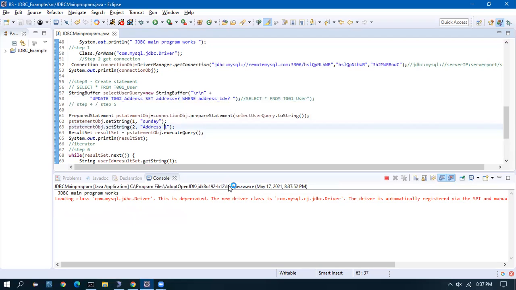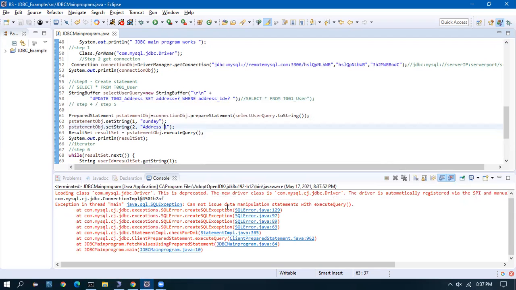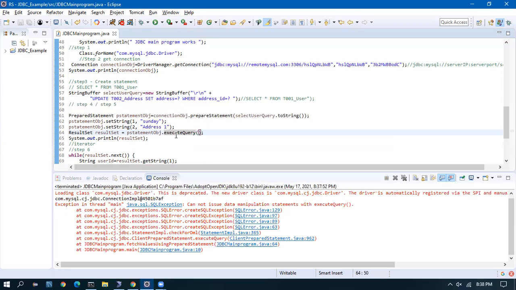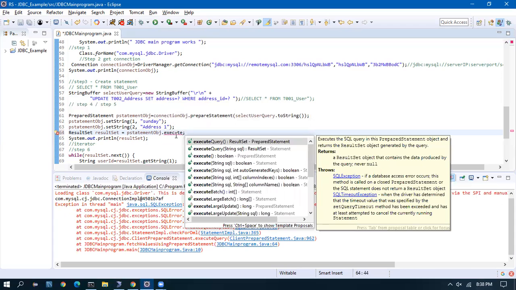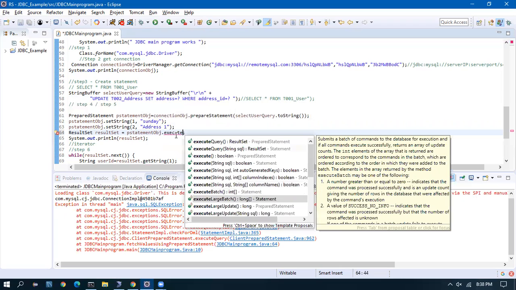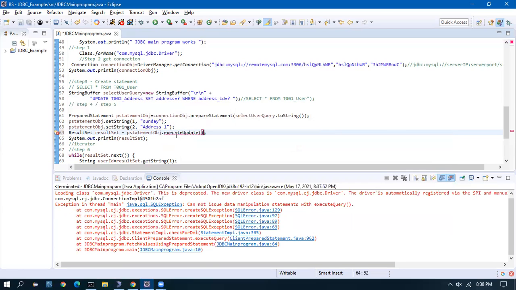It says cannot issue a data manipulation statement with execute query. Yeah, because execute query is for a select. It's for fetching. For updating, it is execute update. I'll do execute update.